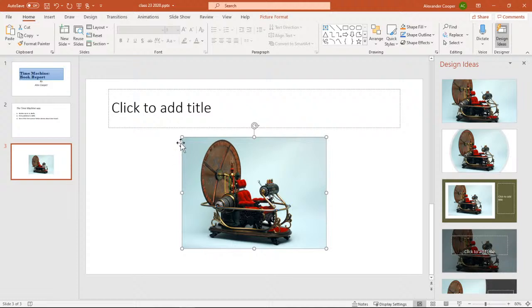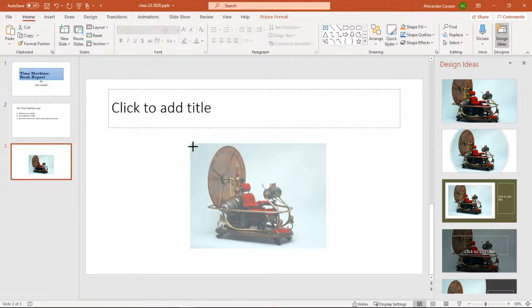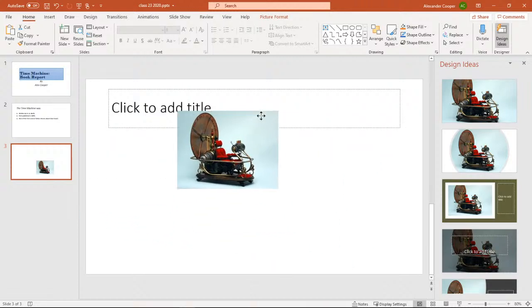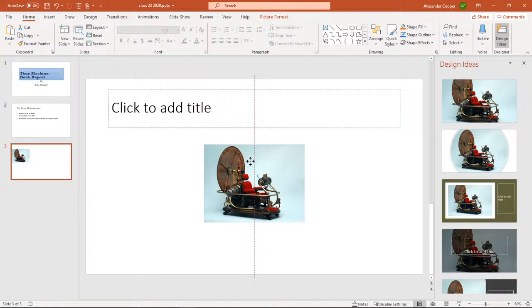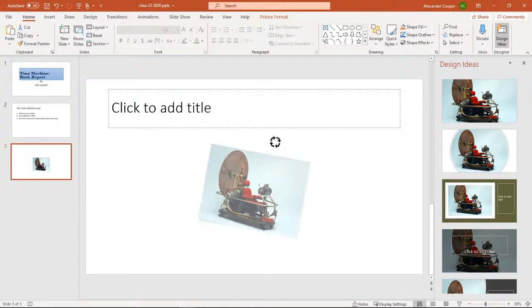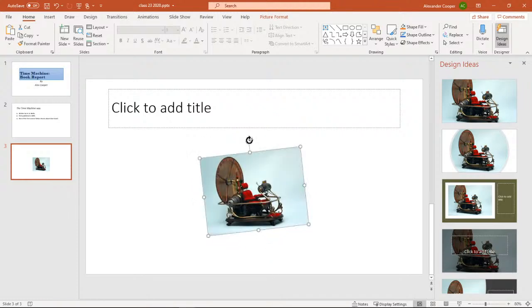So if we want to resize our picture, we can get on the edge here. It's best to do it on the corners and not the horizontal or vertical areas. If I go right here, left click, hold, drag in, then I can resize the picture. Now to move the picture around, I get anywhere in the middle here, I'll see this four-way arrow, up, down, left, right. Left click, hold, and of course I can move it anywhere I want to, okay. The other thing is, if I go up here to the circle, I can drag and drop and get it to kind of curve if I want to as well.